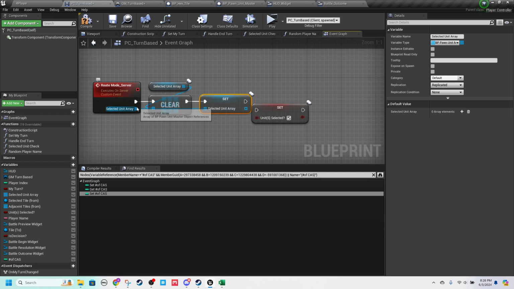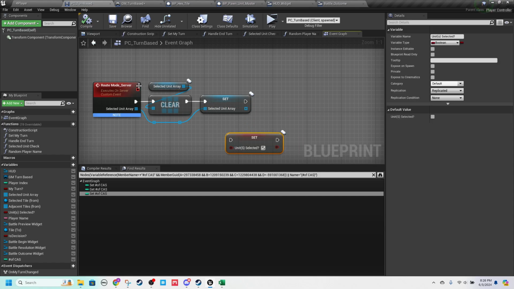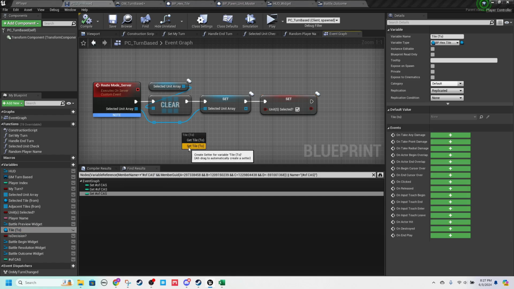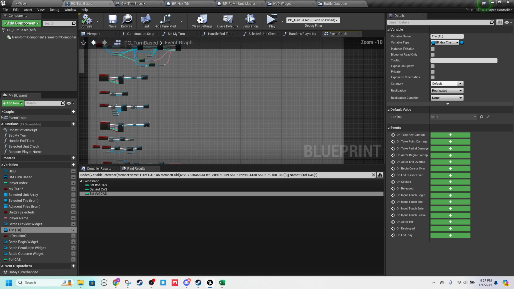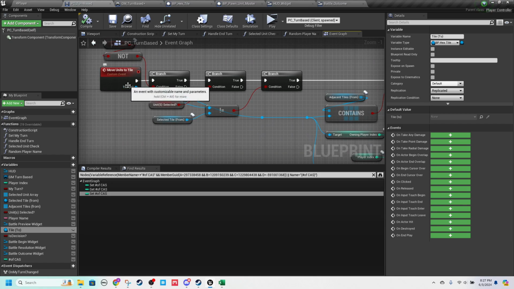And so this will come through the event, and this is going to get set with the units that are being routed. So those units will get passed through to here, and then we'll set this to true. So that'll make sense. And our tile 2, we'll do that later. Okay. Now what I want to figure out is